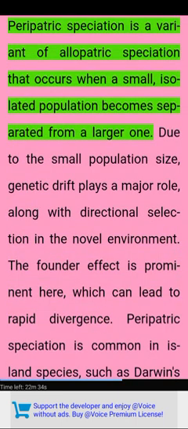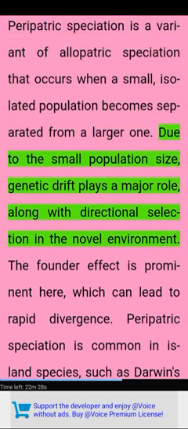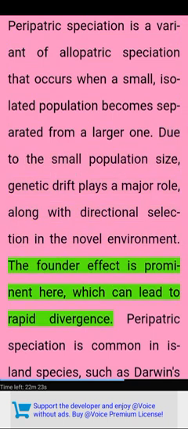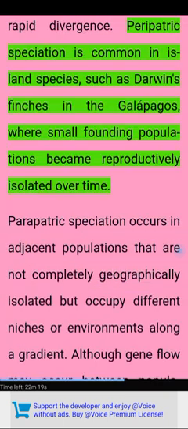Parapatric speciation is a variant of allopatric speciation that occurs when a small, isolated population becomes separated from a larger one. Due to the small population size, genetic drift plays a major role, along with directional selection in a novel environment. The founder effect is prominent here, which can lead to rapid divergence. Parapatric speciation is common in island species, such as Darwin's finches in the Galapagos, where small founding populations became reproductively